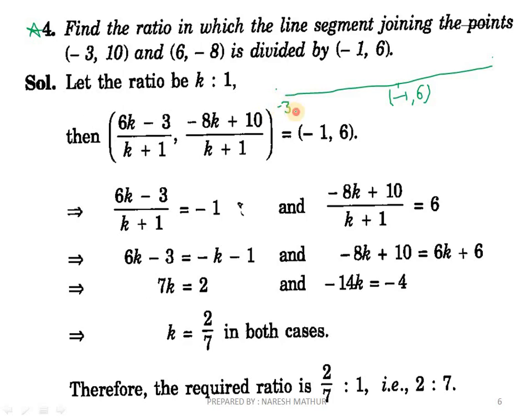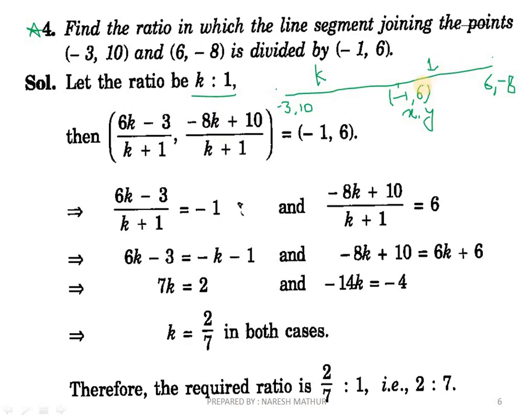So for finding m1:m2, always remember this: if we need to find the ratios, we always consider the ratio as k:1. We are not taking m1 and m2 because there would be two unknown variables then, and if we take a single variable, it will be easier to find. Alright, so let the ratio be k:1. Now just find the value of coordinates x and y with the simple section formula, and equate that value with -1 and 6 respectively.